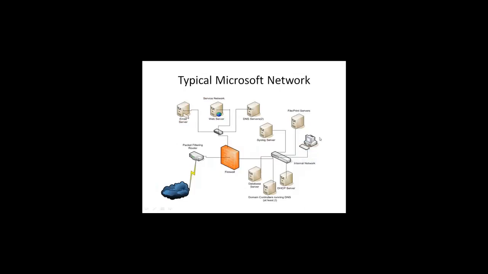Slightly more complicated network diagram here, and I've kind of alluded to some of the issues here. We still have our packet filtering router, we still have the internet, still have our firewall with three interfaces. Out here in our service network, we have our two DNS servers,